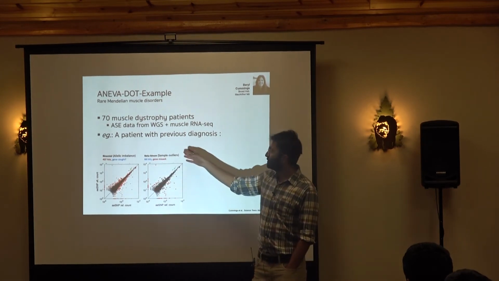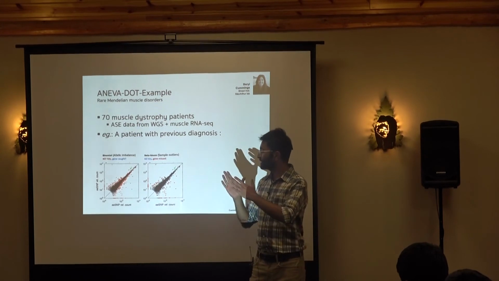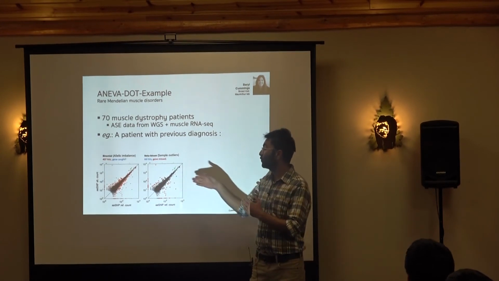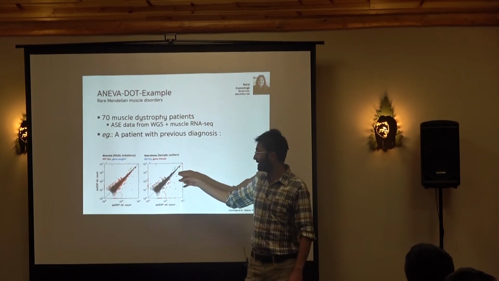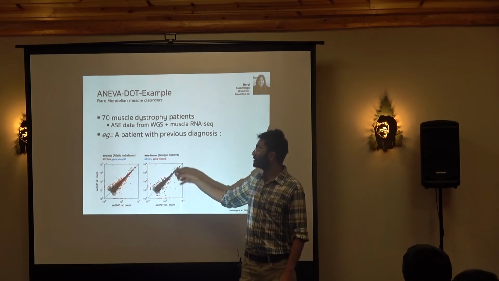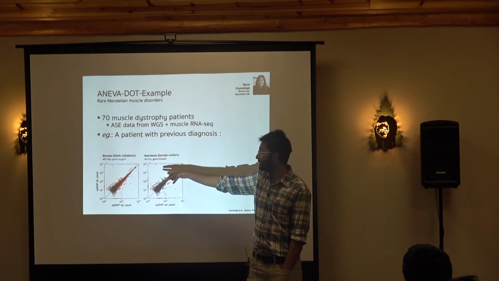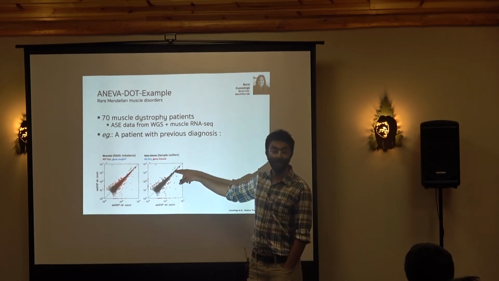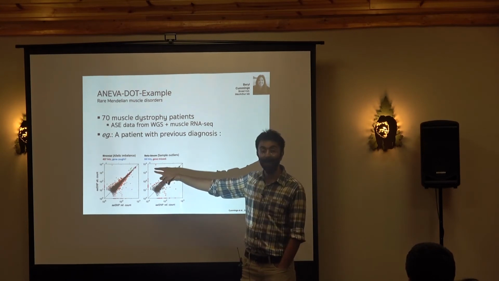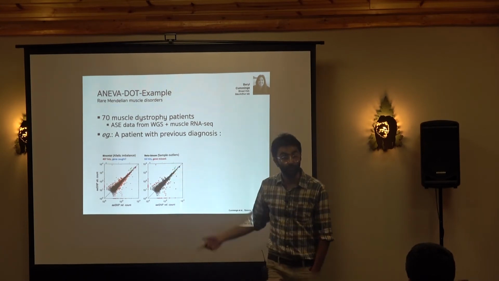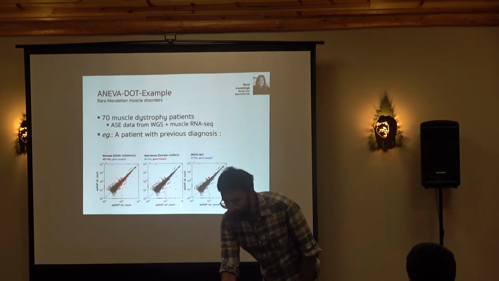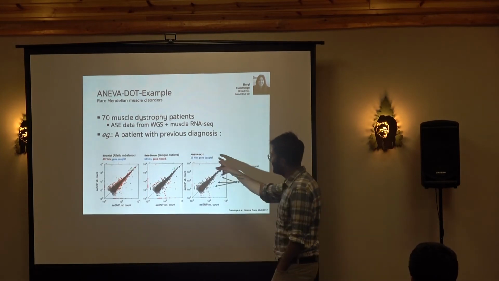Now we look at the beta binomial test, which looks at what are the genes that are outliers with respect to the rest of the genes, and peels off a little further. Now this only picks around 66 genes. But the problem is that it misses the actual causal gene because it's not so crazy out there, but it's a very conserved gene. So when we look at ANEVA-DOT, we get 19 hits in this gene,